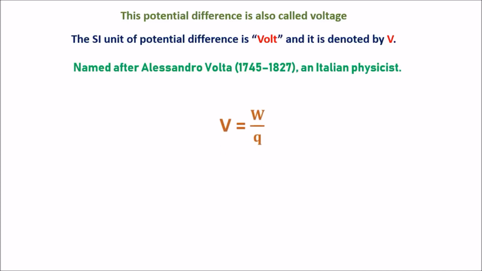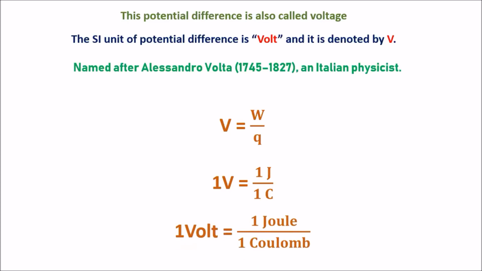We have the formula V is equal to W by Q. Let us try to write the SI units. Voltage is represented with V and the SI unit for voltage is volt, which is also represented with the letter V. 1 volt is equal to 1 joule by 1 coulomb. So how do we define 1 volt? They will ask you, define 1 volt. It is simple. 1 joule of work is done while bringing 1 coulomb of charge from one place to another place. We have learnt what is 1 coulomb of charge.